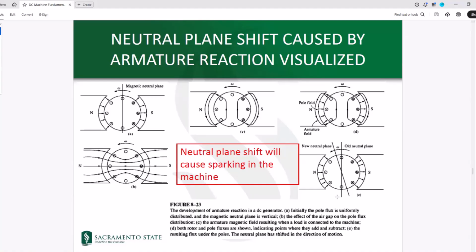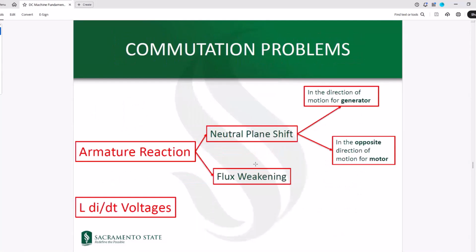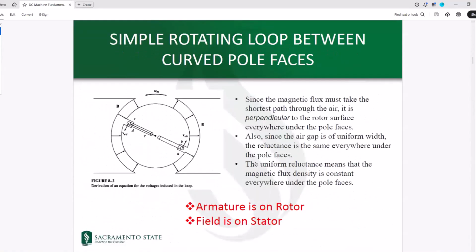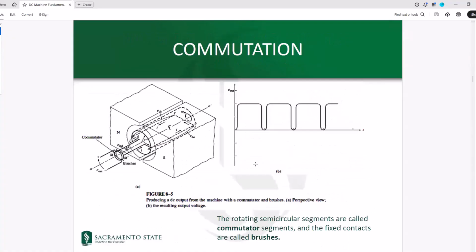So what would happen in this case when you have a neutral plane shift? That would cause sparking in the machine. And why is that? Remember, in the operation and commutation fundamentals that we studied in here, the commutator is supposed to collect